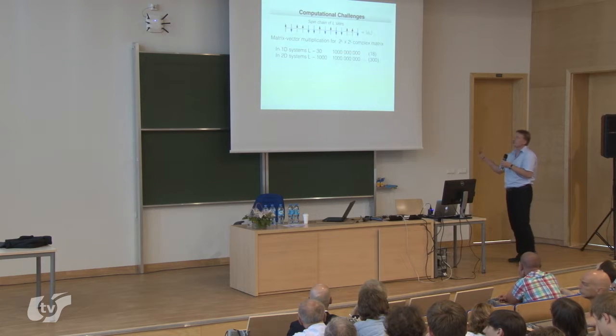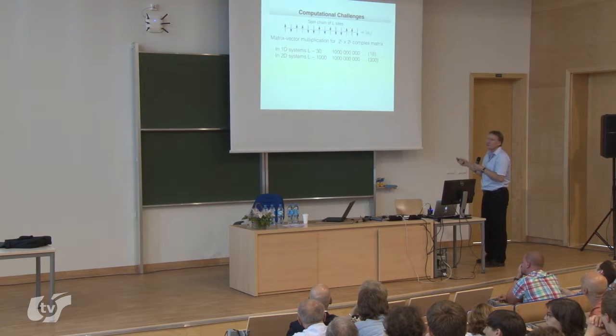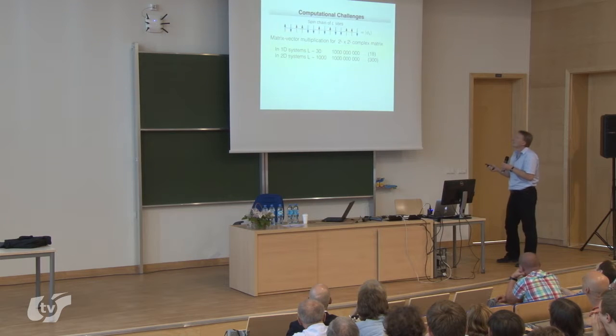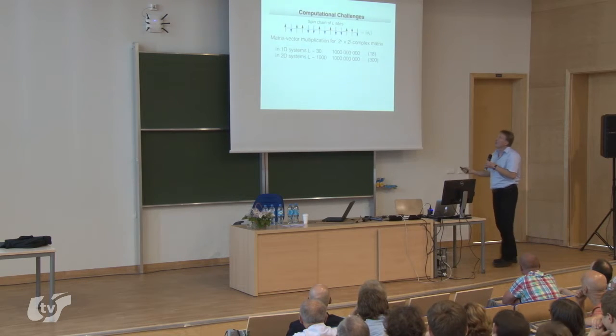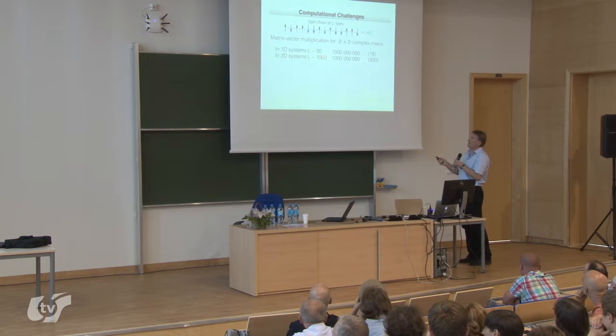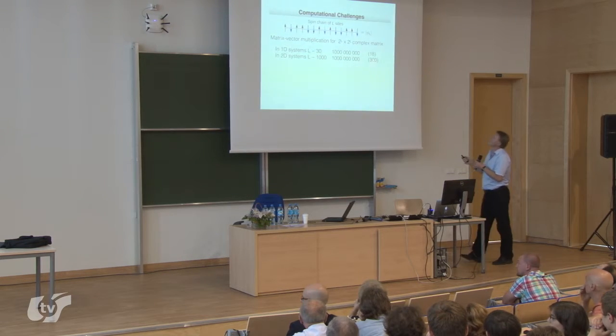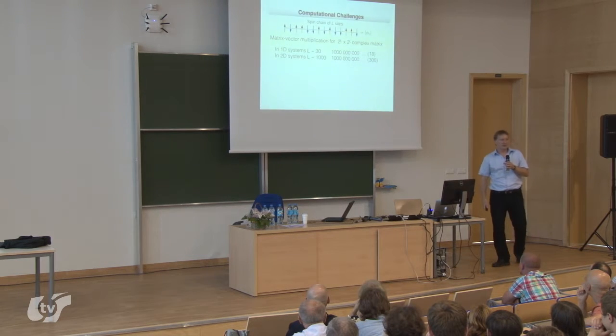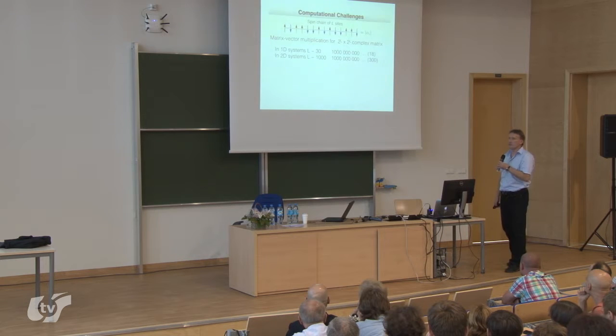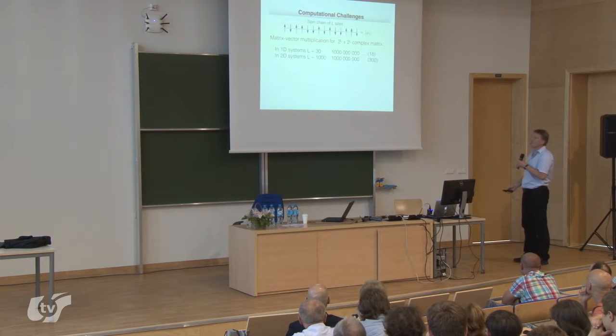So we are slightly more general in our studies, but one particular example is exactly D-wave. In order to calculate the evolution of 30 qubits, we would need to store as many numbers, so it will be 1 followed by 18 zeros. But if we want to study the evolution of 1,000 qubits, then we need a number that is 1 followed by 300 zeros, and it's clear that we don't have such computers, and we will probably never have these classical computers.